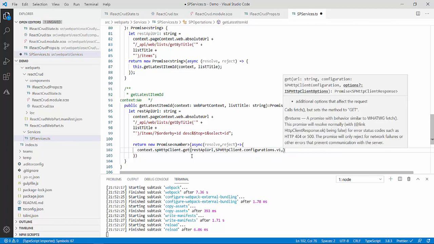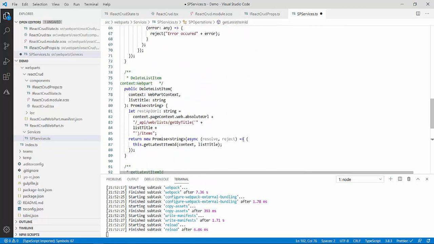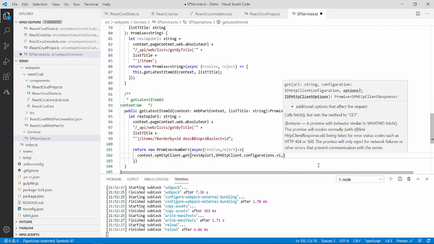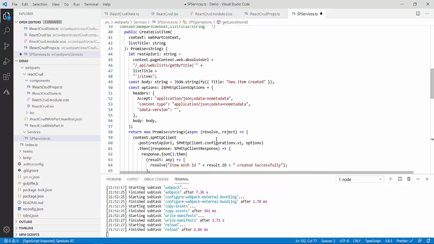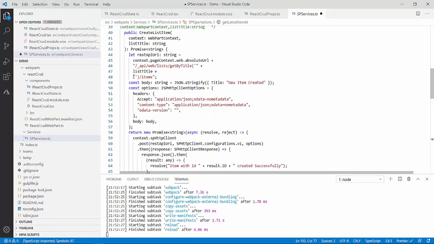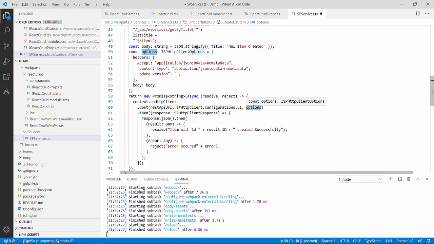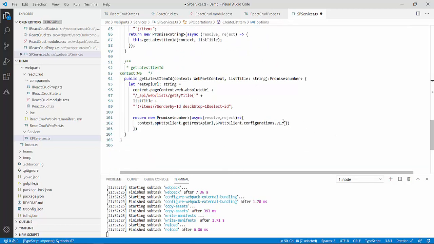Since this is a get request, we can skip the header also, but I showed you one method in the get list titles, where I skipped it. This time I will give you another way, as I'm giving you all the ways. Over here I will declare my headers here only. If you want to declare it separately at the top, you can do it the way I did in the create list item method. In the create list item method I declared these options at the top, and then I directly used them in my REST call. So I am giving you all the options, and based on your comfort level you can use it.